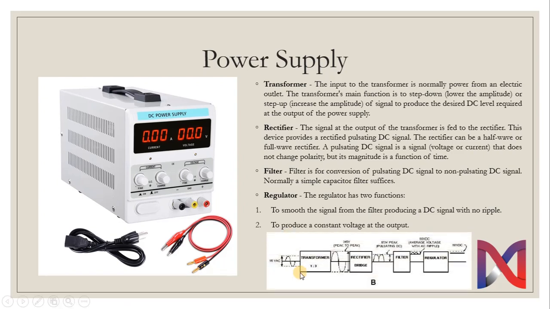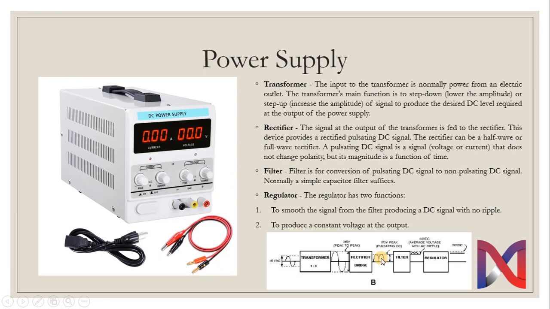The working of DC power supply can be understood with this diagram. First, we have a source which is fed into the transformer. The transformer with its specific ratio is stepping up or down that signal. Now, this signal from the transformer is fed into a rectifier bridge, which is converting the AC waveform into a DC. You can see that the negative waveform is also converted into a positive one.